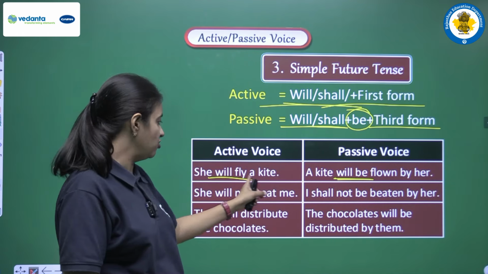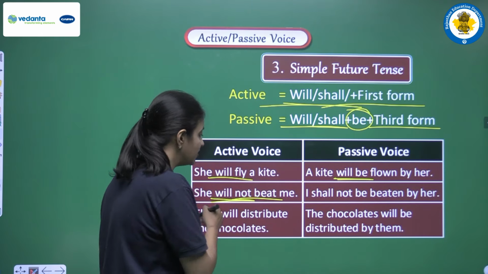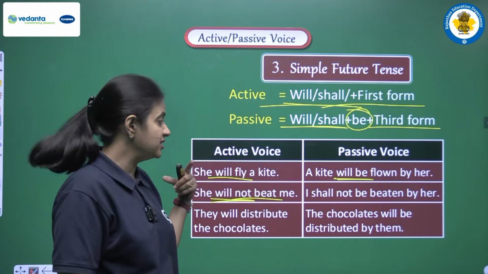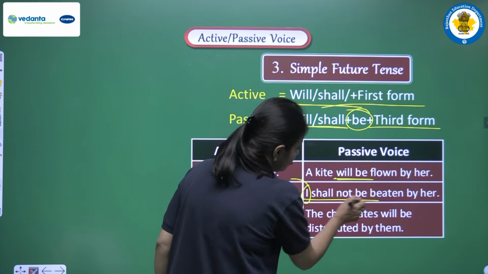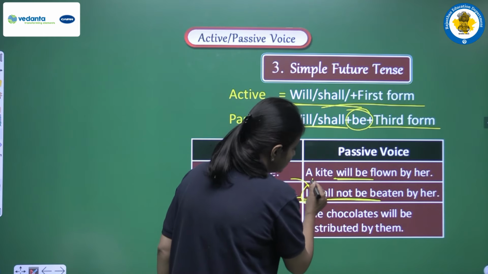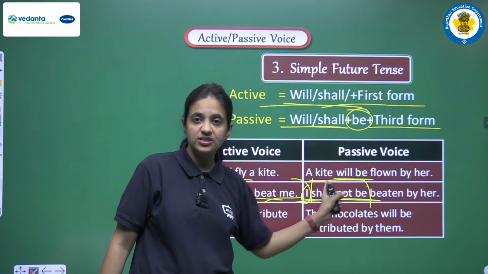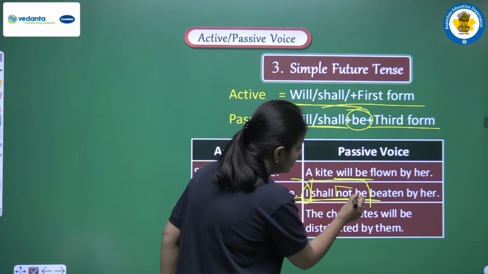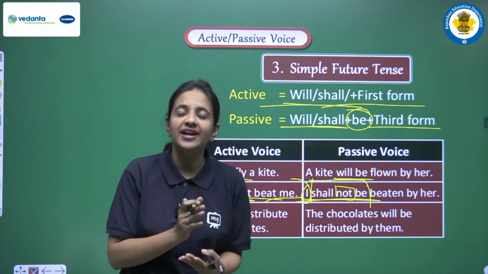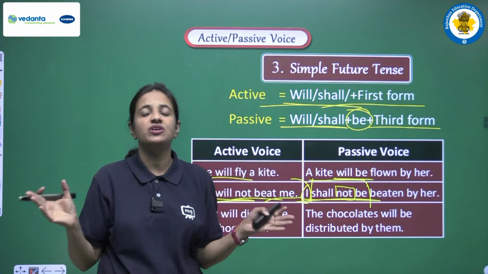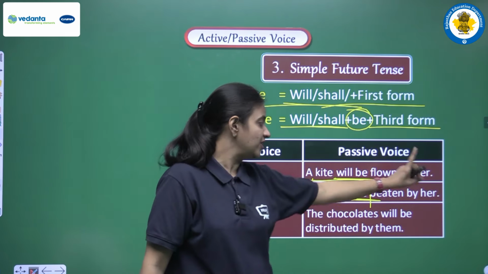Second one is she will not beat me. So again will not, it means it's a negative sentence, and will plus first form beat, it means this is future simple tense. So now me, it will be converted to I, and for I we have to add shall not be. So focus on this thing. जब हम shall not be, it means अगर हम shall be हमें negative में use करना है, तो shall और be के बीच में हमें not लगाना है. Okay, this is the structure actually. shall not be, not कहाँ आएगा? shall और be के बीच में आएगा, दोनों words के बीच में आएगा. So this is the structure. Third form we are using beaten. She convert हो गया her में.